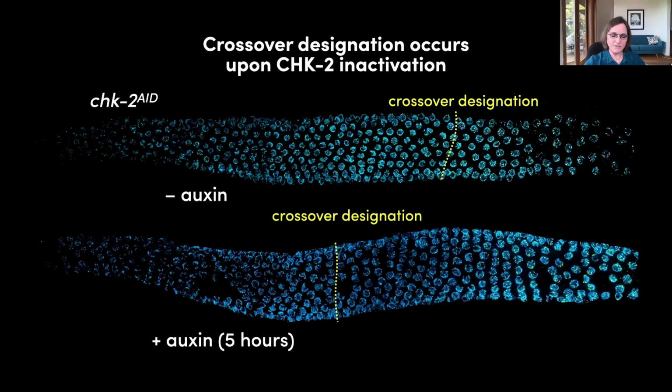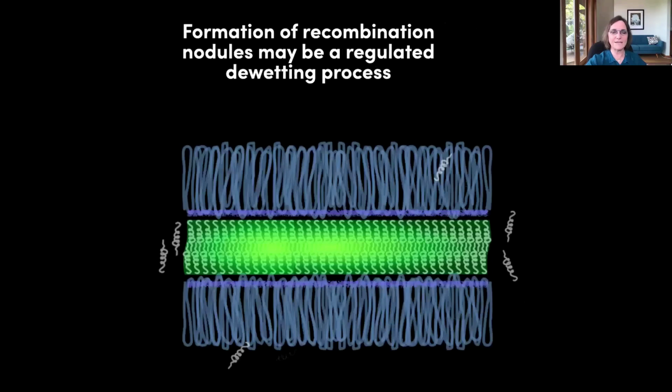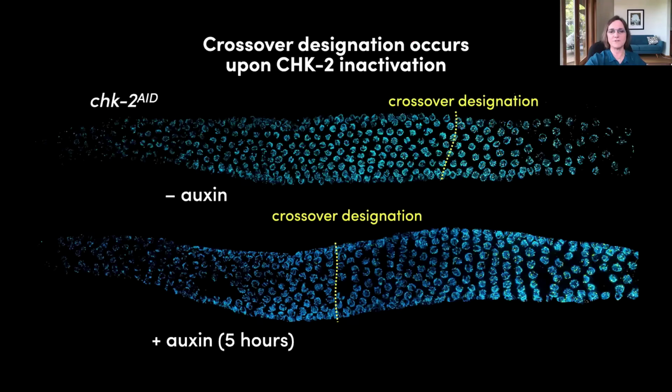We think that the trigger that allows this de-wetting, or whatever this process is, to happen is the shutting off of a key meiotic kinase, CHK-2. So CHK-2 is required for early events in meiosis, including double strand break formation. We know that it normally shuts off in response to satisfaction of what we call the crossover assurance checkpoint. And if we turn it off prematurely, that's what was shown here, we see precocious formation of crossovers in response to the loss of CDK activity.